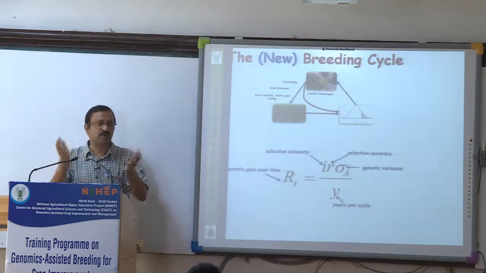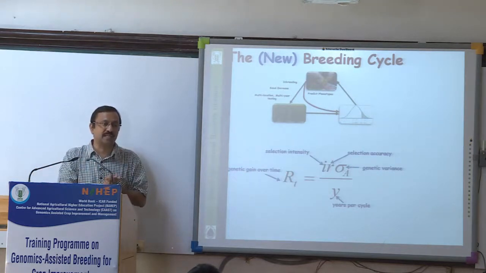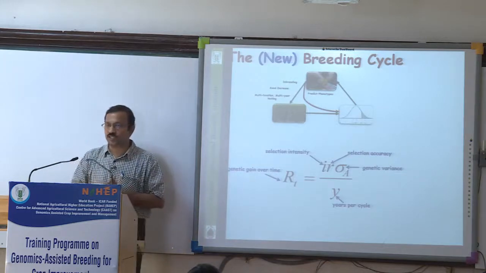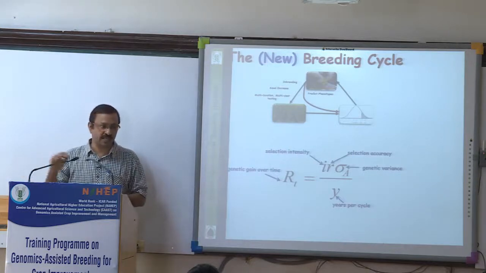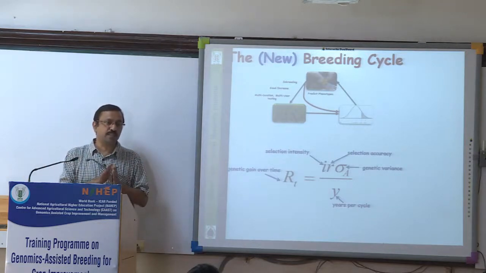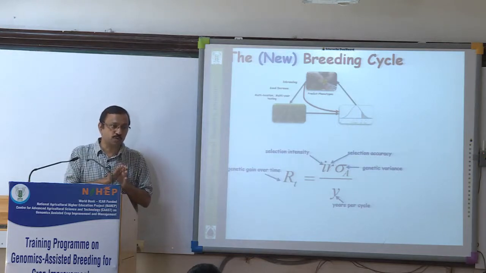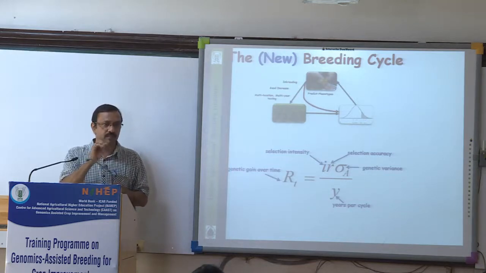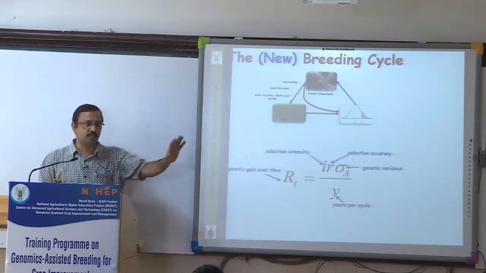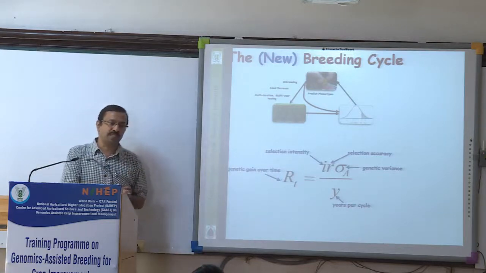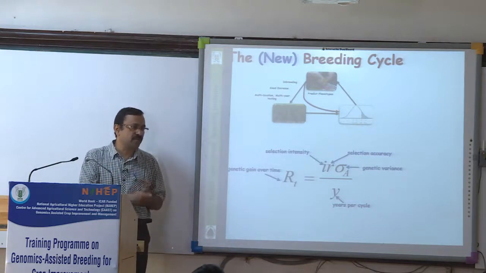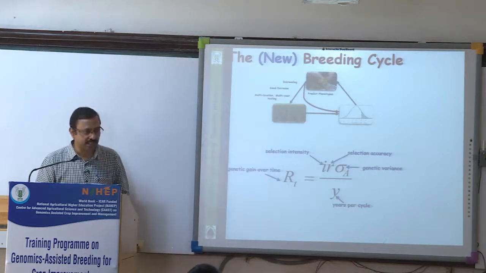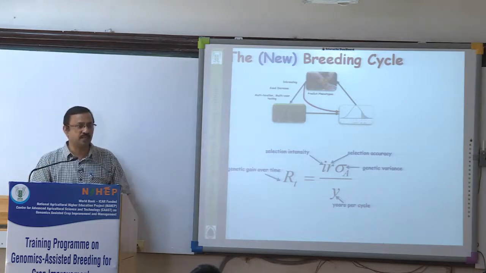So the genomic population on which you train your markers is dynamic, like an idiotype. It keeps on changing. The old goes away, you already have the marker repertoire, and the new lines are added. And mind you, this genomic population is made of useful lines. It is not a diverse population, it is a breeding population, that you should understand. The difference between a core and a genomic population is that the genomic population comprises the elite breeding lines developed in a program over years, and 10% of it is substituted to accommodate the new lines, so that their profile is